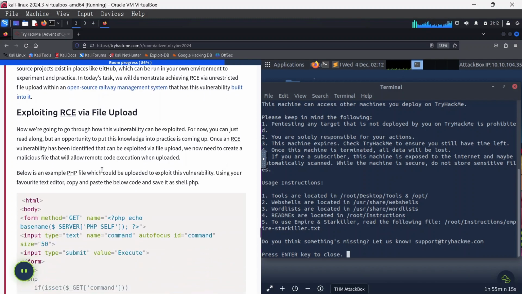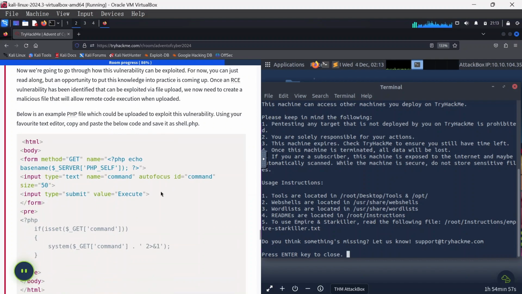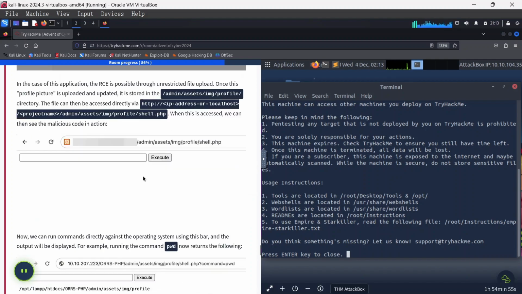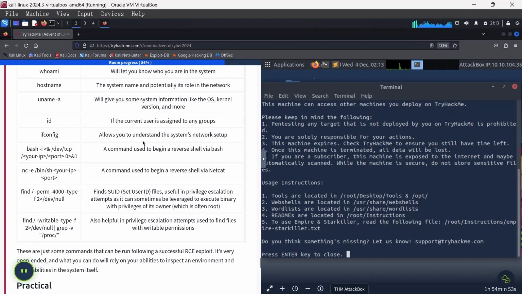Practice makes perfect. Exploiting RCE via upload. Now we're going to go through how this vulnerability can be exploited. Below is an example of a PHP file which could be uploaded to exploit this vulnerability using your favorite text editor. Copy and paste the below code and save it as shell.php. With that, we're not going to practice that. We just go straight to